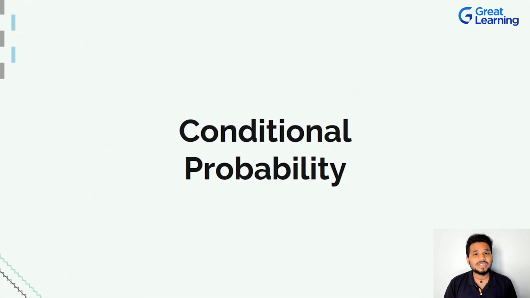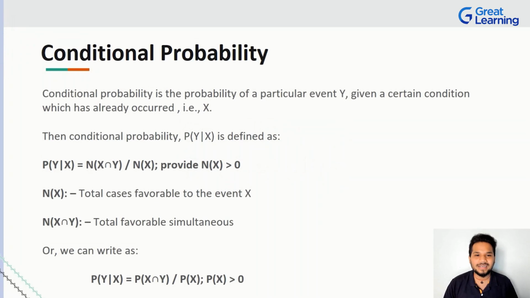Now coming on to the concept of conditional probability. We know what probability is: the probability of an event occurring, right? Probability is basically a limit between 0 and 1, where each value can be a percentage. Now if I ask, what's the chance of it raining tomorrow? You might say yes, it'll rain, or no, it won't. But if I ask how much do you think it might rain tomorrow, what's the probability, now you're going to come back with a number. You're going to say there's a 60% probability that it will rain tomorrow, right? That's probability.